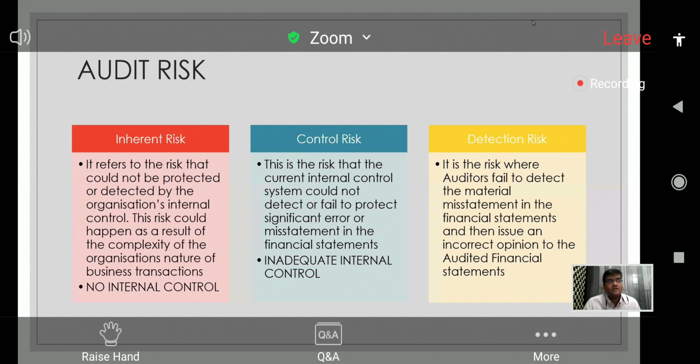The basic difference is that in case of an inherent risk, we are talking about the pure business risk, where internal controls are not present. While when we are talking about control risk, we are talking about risks where inadequate internal controls are present.